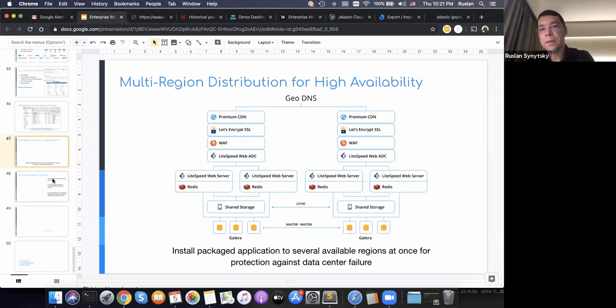So when the whole data center goes down, your website will still be live and will continue performing highly loaded traffic with great performance. In this case, we use Lsync between shared storage. Yes, so this solution is in the testing stage.